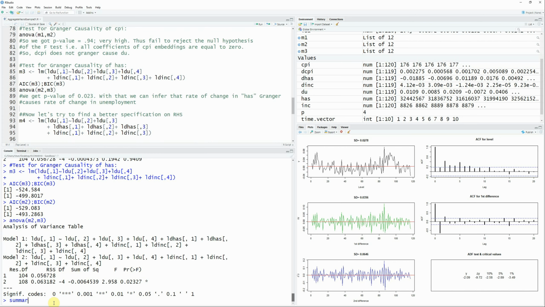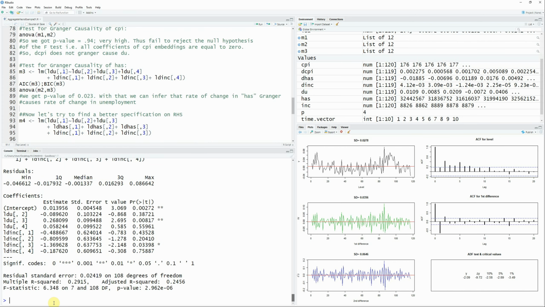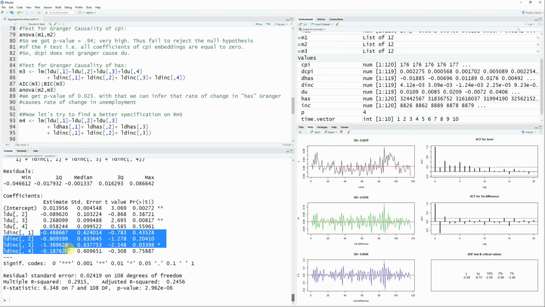This summary, M3. And in the summary, I have LDU not significant, but I'm including it in my model, and I have the second lag significant, but the third one is not. Then in INC, I have the first one, second one, and third one significant. So